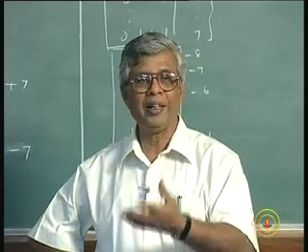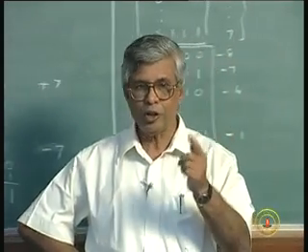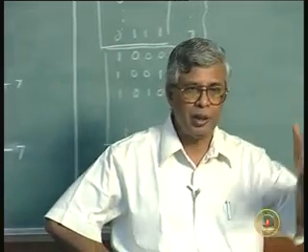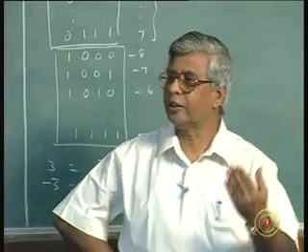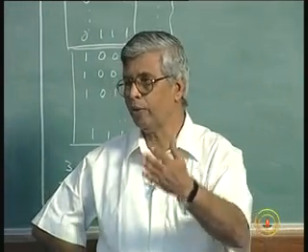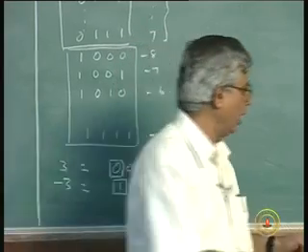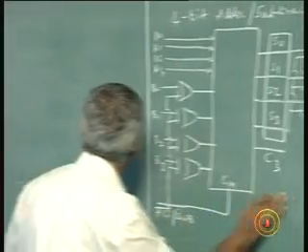which will be misinterpreted as a negative number. 1 0 0 1, you will think it is a negative number because the sign bit is 1, and you will immediately start trying to take the complement. So, if you add plus 5 and plus 4,